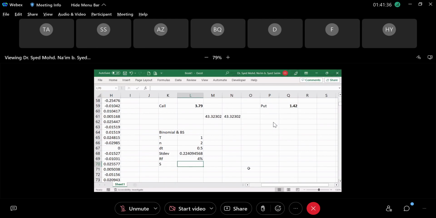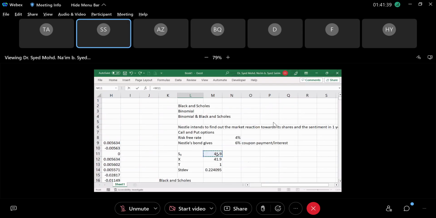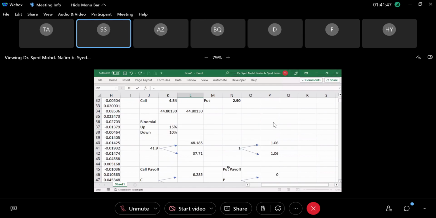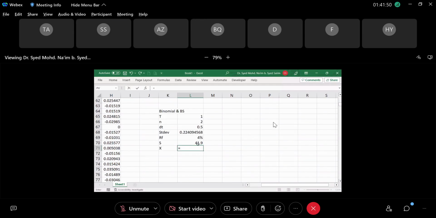Then the spot price and strike price, let's just copy that. So you have to find the up factor, the down factor,